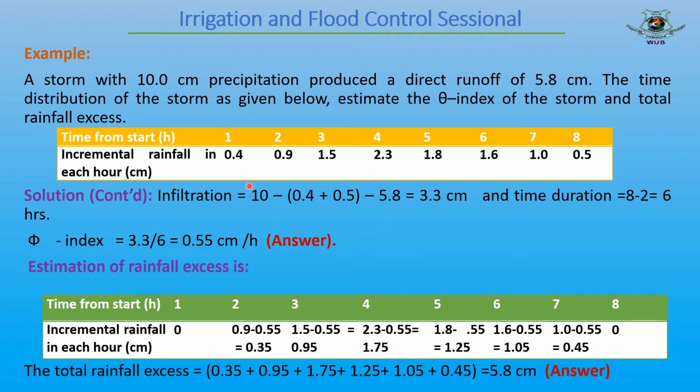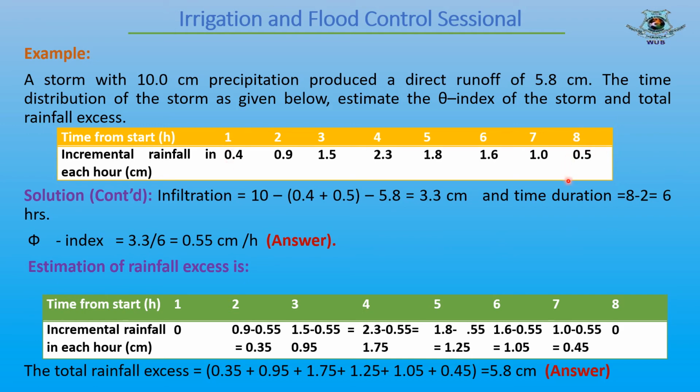And if we also subtract the direct runoff, that means 5.8 centimeter, from this value, we will get the infiltration. So here infiltration equals 10 centimeter, that means total precipitation, minus the 2 ineffective precipitation values, which are 0.4 and 0.5 centimeter, minus total direct runoff, that is 5.8 centimeter. So finally infiltration stands 3.3 centimeter, and the new time duration is 6 hours, as the time of first hour